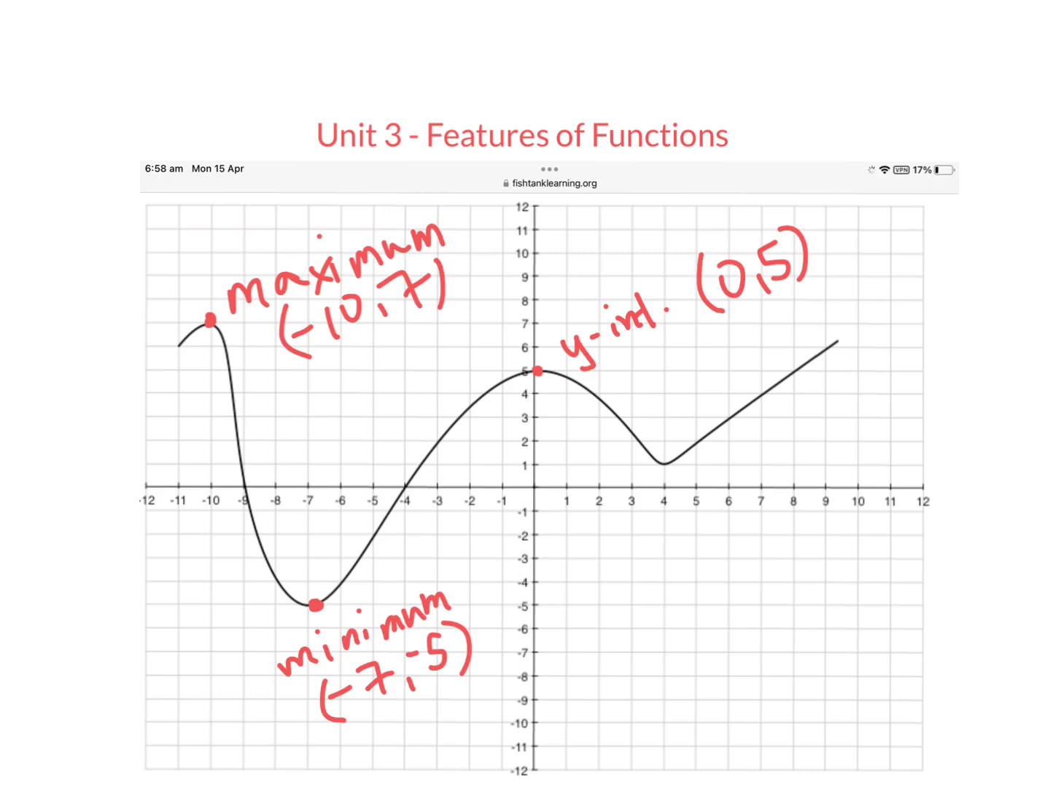Our x-intercepts are right here. We've got 2 of them. So here's one, and here's one. And we're going to say that this x-intercept is at -9, 0. And then this other one here is at -4, 0. Okay, so those are 4 features that are locations on the graph. It's a single point. So the next features are